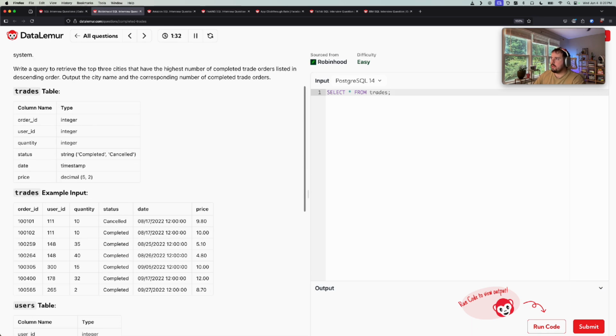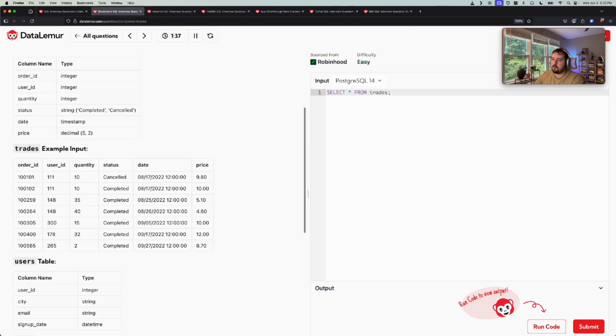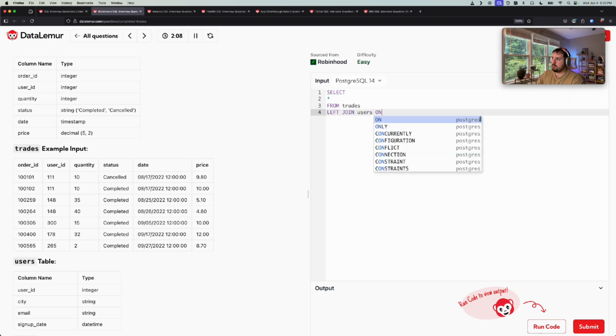All right, so we know that trades is the granularity that we're going to be working with, because we're counting the number of trades. We need to filter by completed, right? And we also need to bring into the trades granularity the city, which comes from the users table. So we can start from trades for now, and I'm just going to put a left join here with users, and we're going to join on